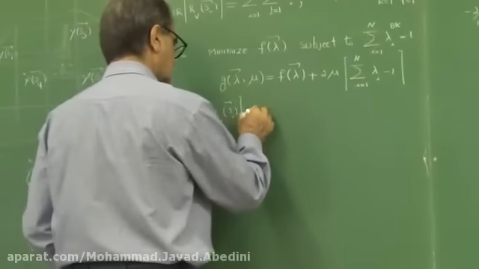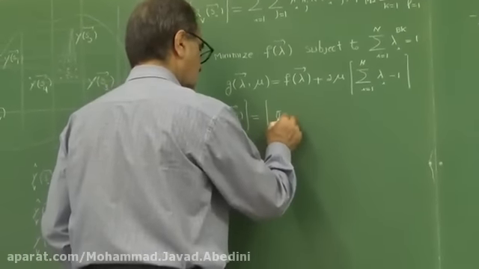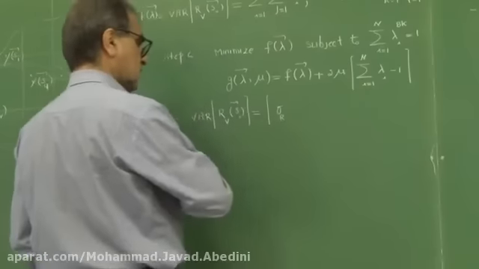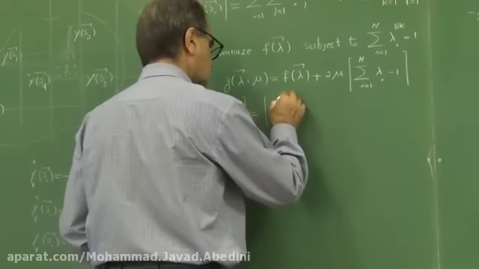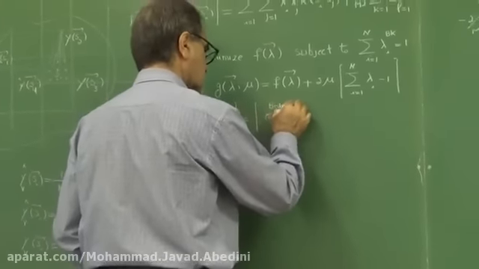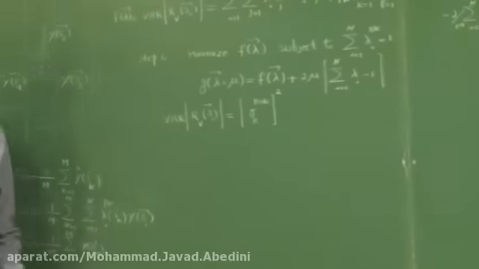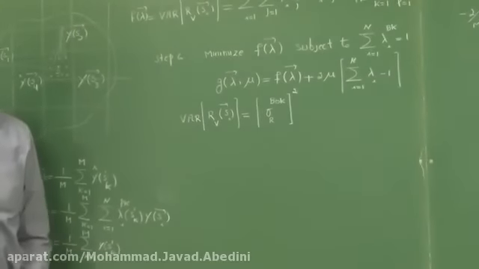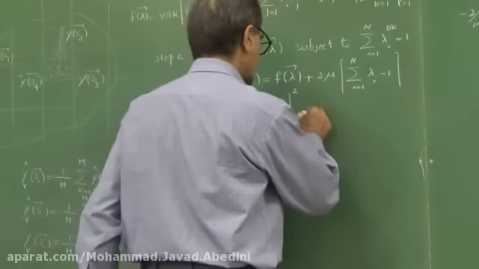You could write this as sigma R, this R stands for residual, and then BOK, raised to the power of 2 to become variance. Variance of residual for block ordinary Kriging is equal to